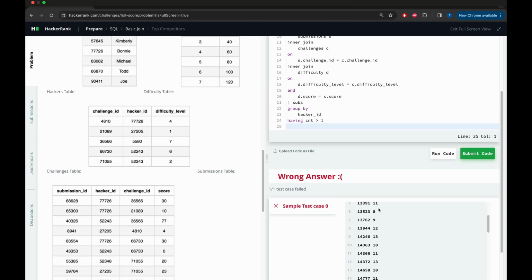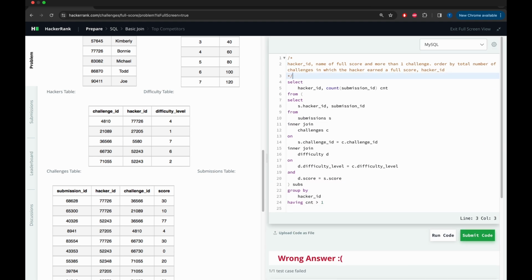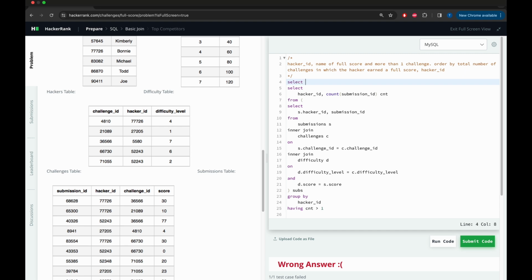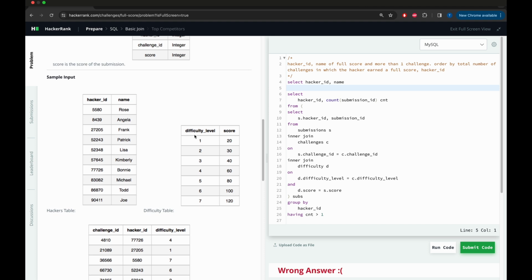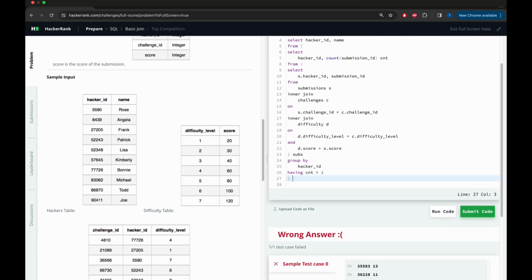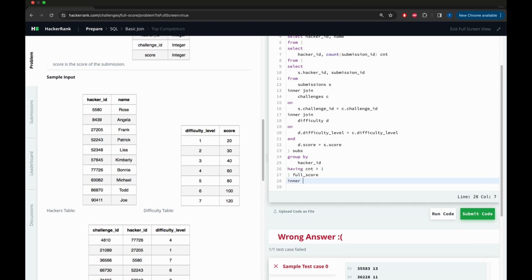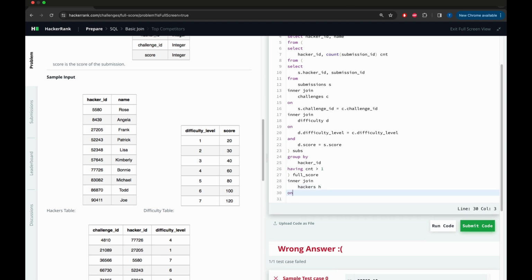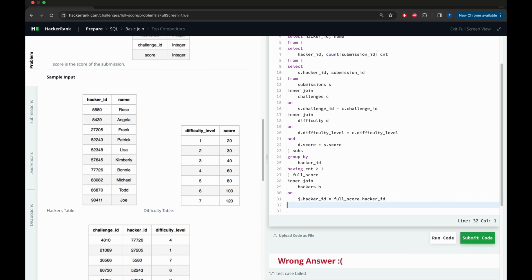We don't need the count, we only need the hacker ID and name. So that's what we are going to do. We just need hacker ID and name. The name we'll get from the hackers table, from this table, right? And we call this full score. We'll join with the hackers table to get name, call this H. We join on hacker ID, H dot hacker ID equal to full score dot hacker ID, and we need to